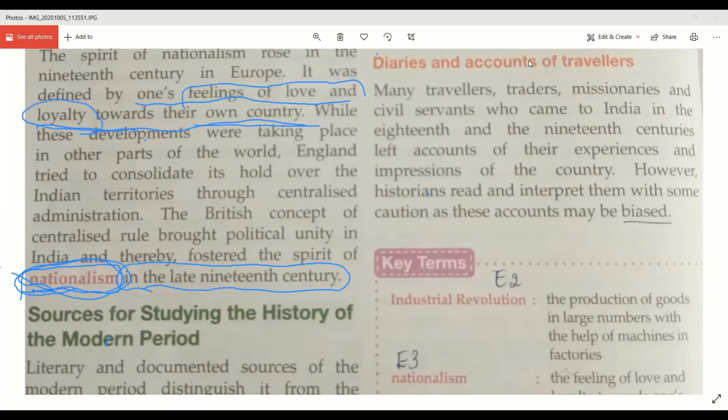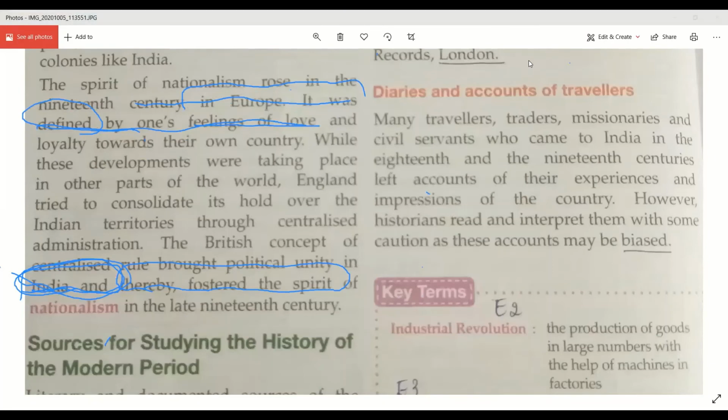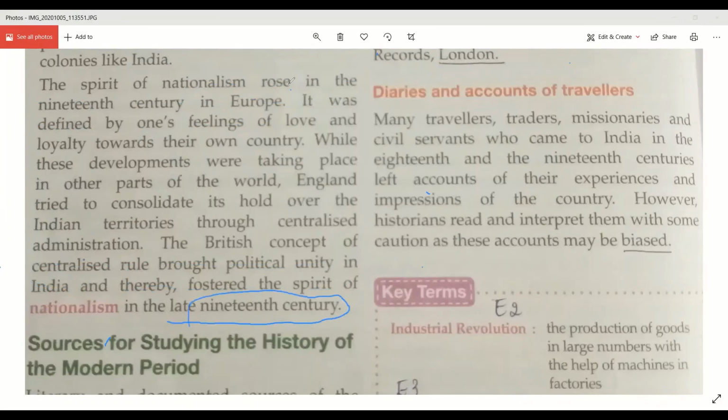Now, the feeling of nationalism started across the world. However, it also reached India. And it reached India in the late 19th century, because of which the revolt against the British starts. Okay, just to do a recap on what we studied today,